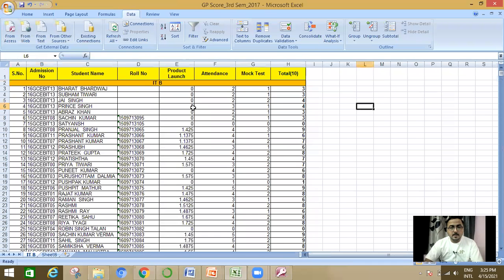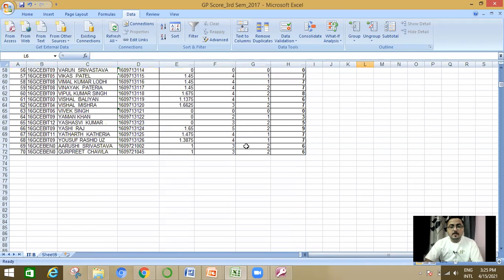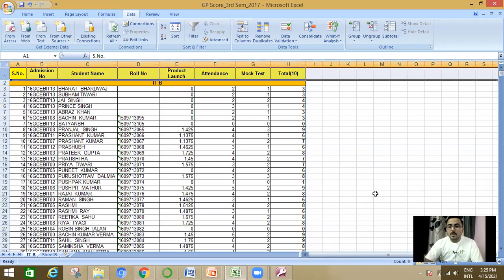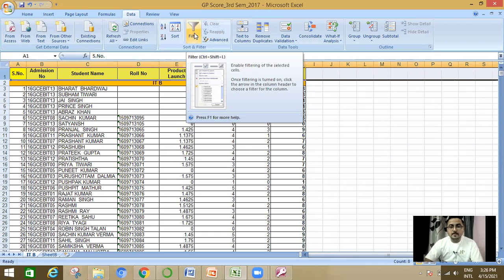Here you can see that there is a lot of data available, and one column is attendance. I want to show which students have zero attendance. So click on the column heading, go to the filter option and click.